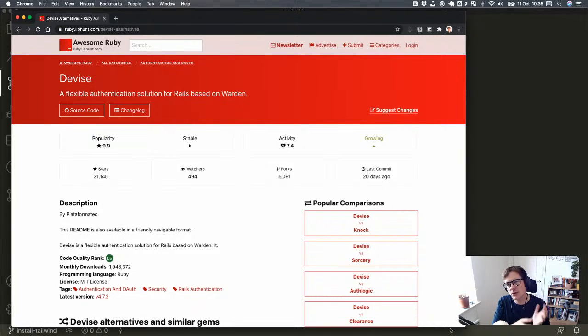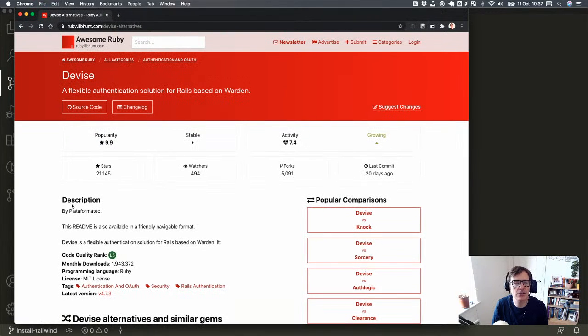And when I was talking about having only used one gem for user authentication, it is Devise. That is the thing I have done a bunch of work with, or a bunch of projects with, and I have to say mainly because it has just worked for me. So if there are people who have had major issues with Devise, I'm not one of them, and I was really interested to see if there are any really great alternatives that I just hadn't been aware of. So I googled, and I came up with this libhunt.com, which I thought was pretty interesting,